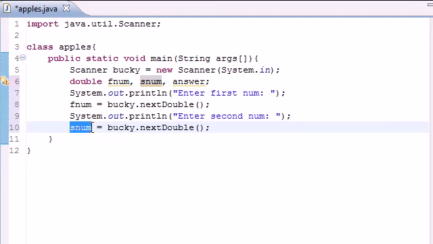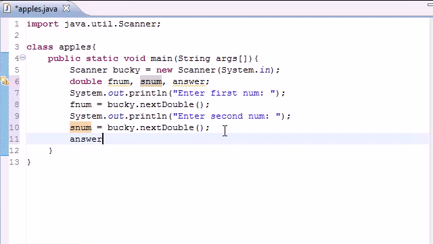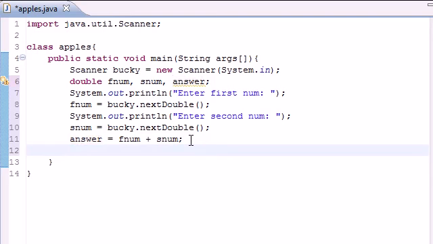Now what we want to do to get that answer, now that we have those variables, is just add them together. So go ahead and write answer equals, and you're going to want to write fnum plus snum, and now whatever number fnum and snum add up to is going to be stored in answer. Now it's stored in there, but we need a way to output it to the screen to see what it was. So let's go ahead and write